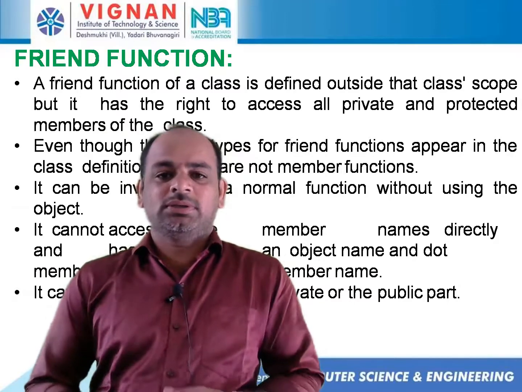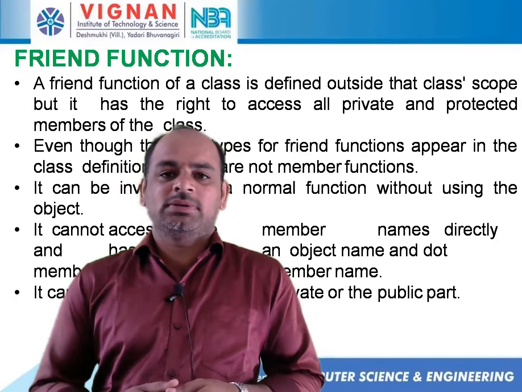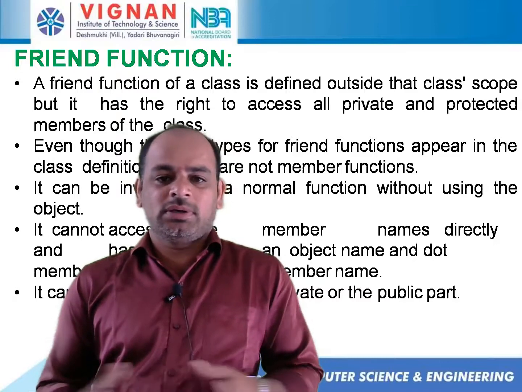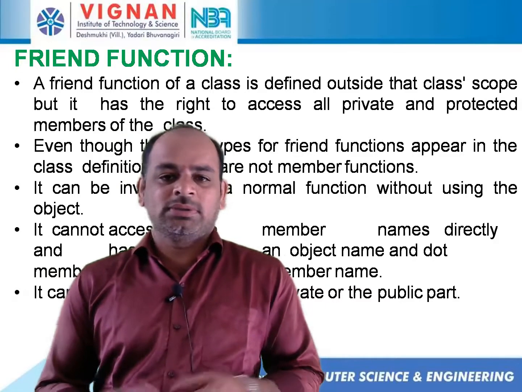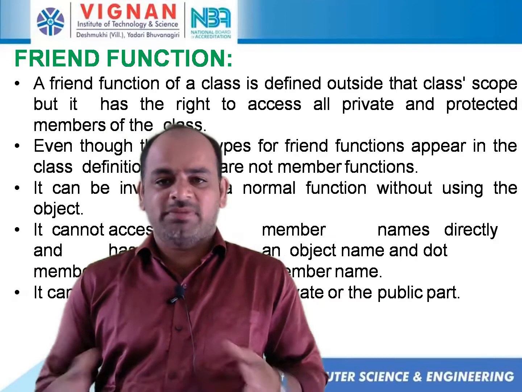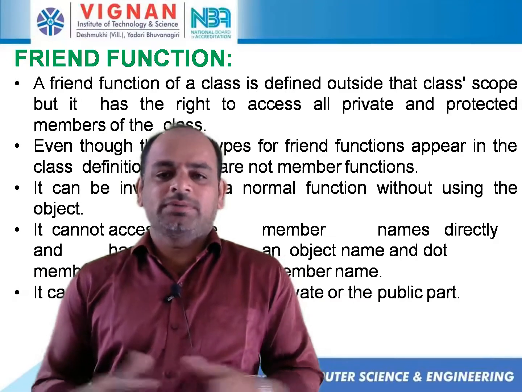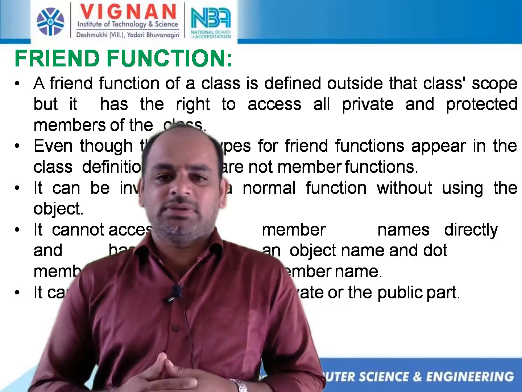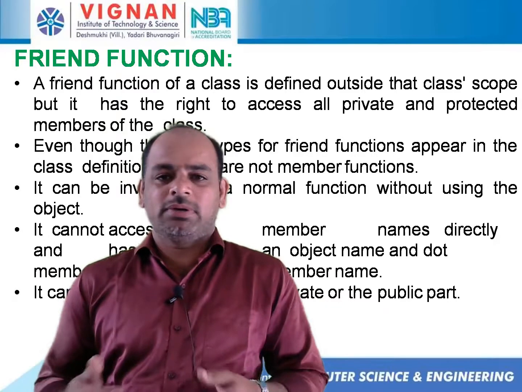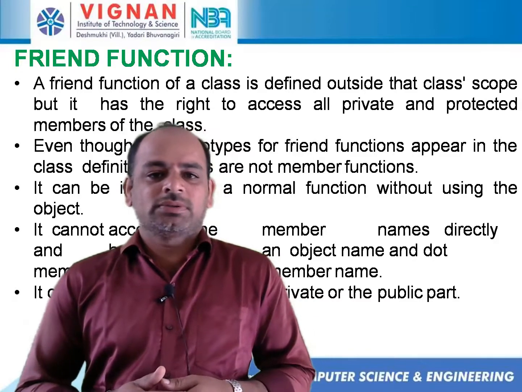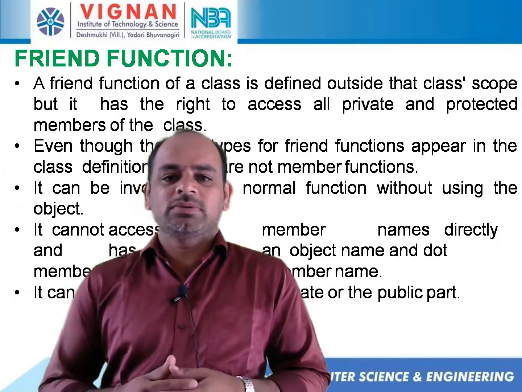In the previous class, we have seen about object class, right? And how to declare a class, how to declare the members of the class, how to access the members of the class, and how to define the member functions in a class, inside of the class, outside of the class, and various access specifiers we have seen, right? Like public, private, protected, right? So in today's lecture, we'll discuss friend function.